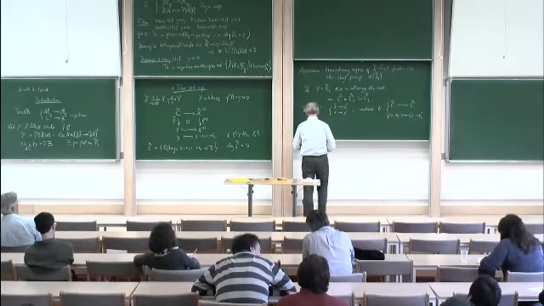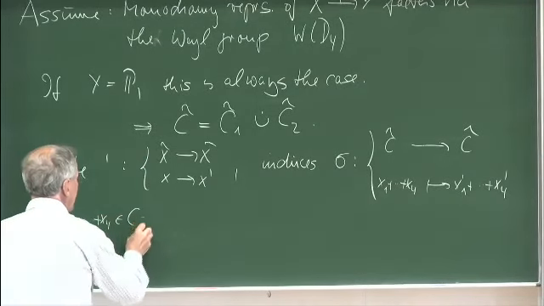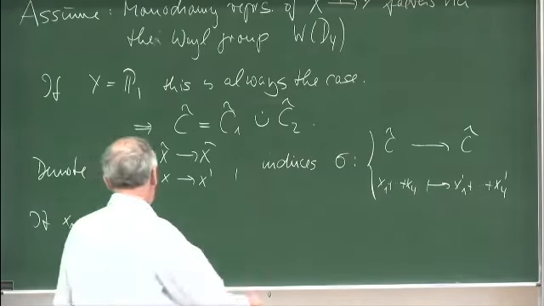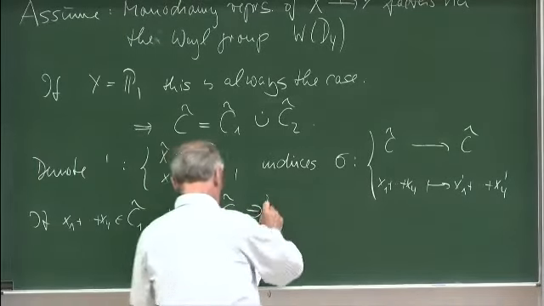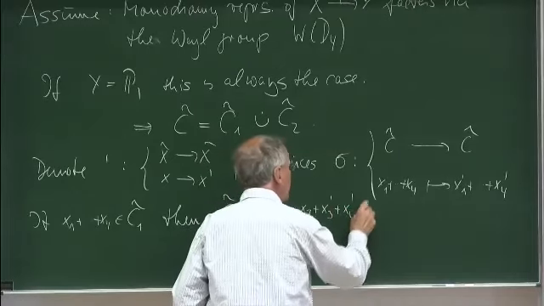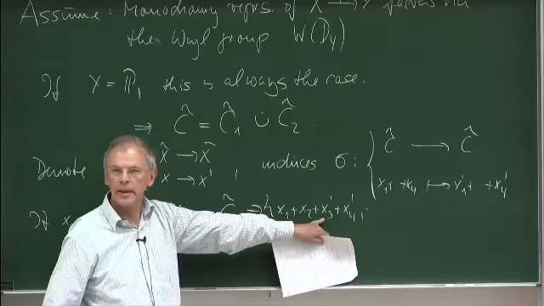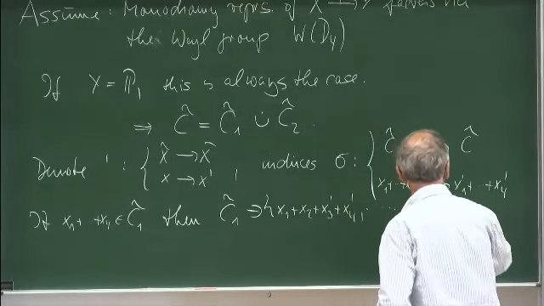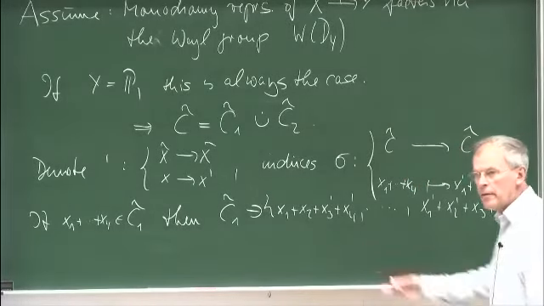And yeah, so if x1 plus x4 is contained in one of the components, I can say what the other elements in the fiber are. Then also the following elements are contained in the fiber: x1 plus x2 plus x3 prime plus x4 prime, meaning those which have two changes, an even number of changes, and also those which have four changes, right? So this is then the fiber.